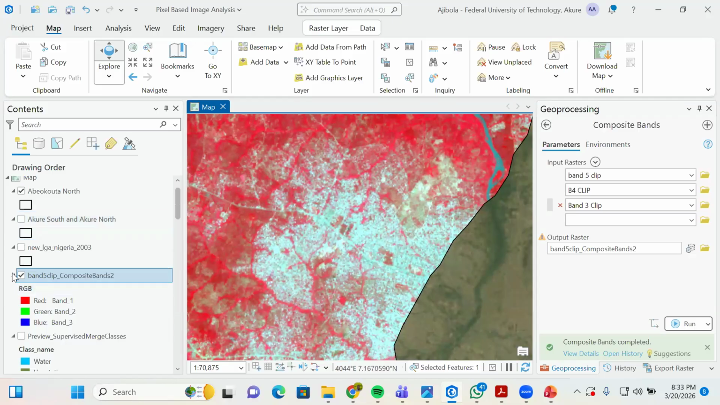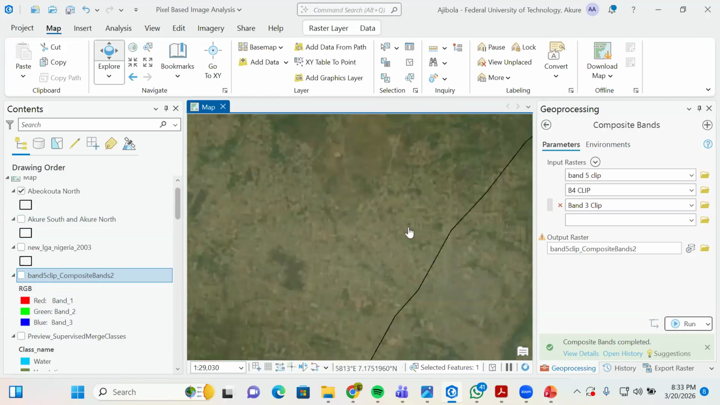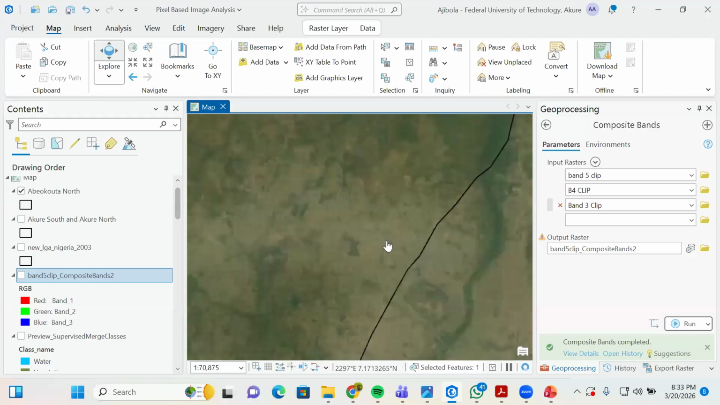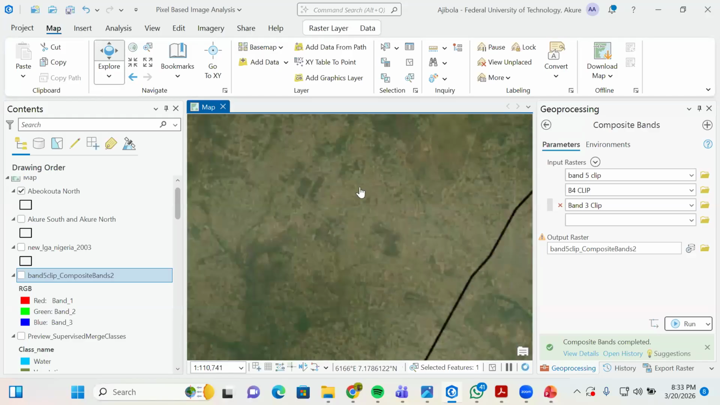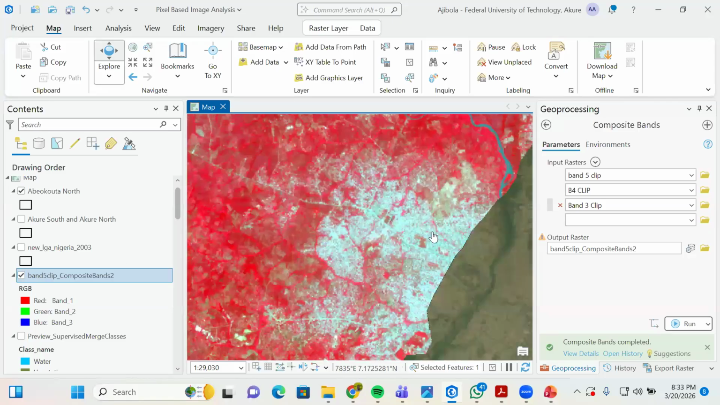Let me show you something. If I toggle this off, see what the world imagery is showing us. It's showing us that this part now is built up. Basically there are buildings here. So let me toggle it on. You see, there are buildings here. Let's come to